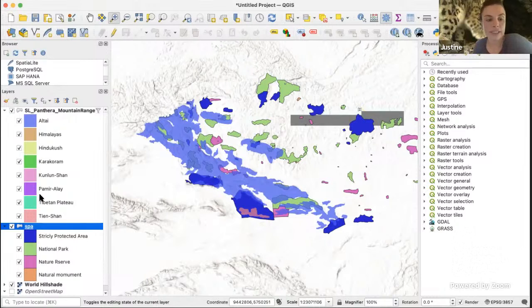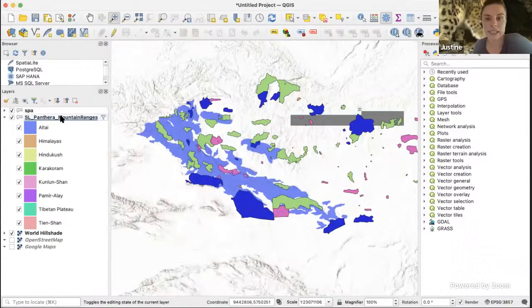So I might want to move it so that it's above the snow leopard range. So I move it on the side, so then it's above it. And I can see both of them together. Pretend we looked at the protected area shapefile for Mongolia, and it already had the different areas of each protected